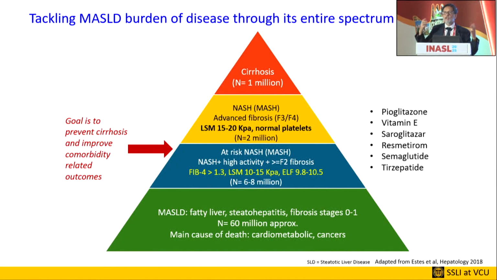Now, of course, the bulk of the data that we have is in the middle of what we call at-risk MASH with people who have F2, F3 fibrosis. They've started scarring down their liver. They have increased all-cause and liver-related mortality. And there's a list of drugs on which we have really quite a good amount of data. And the goal here is to prevent cirrhosis and to improve comorbidity-related outcomes. Because remember, competing threats, it's not just the liver disease. It's the heart disease, the cancers, everything is out to get the patient. And your job as a doctor is to save the patient, not just the liver, even if you're a specialist.